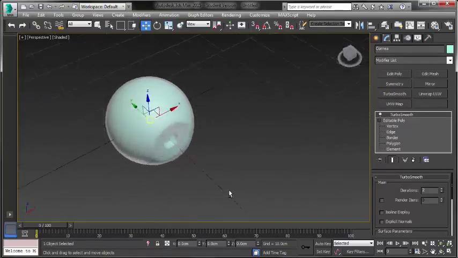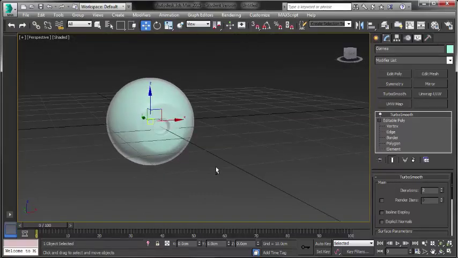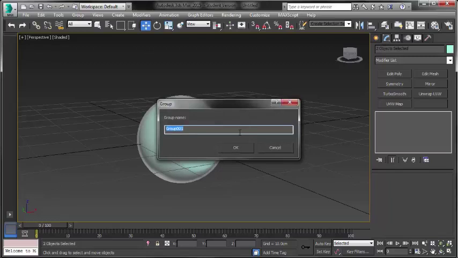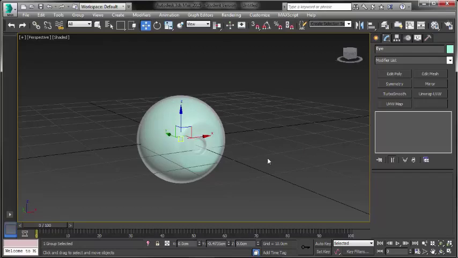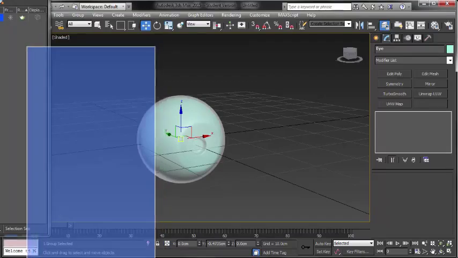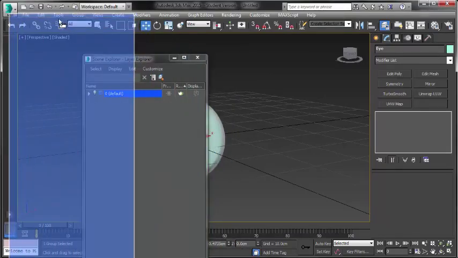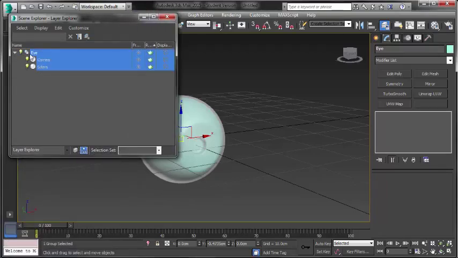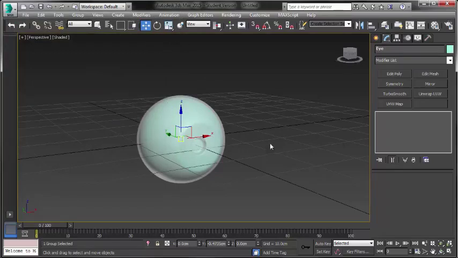So what we'll do in preparation of bringing it into the scene is, instead of combining them together, so attaching both of the meshes together, we'll group them. So we'll have to ungroup them once we bring them into our scene, but for now it'll just be easier to have them as the one group. So just select both and go into group and hit group, name it eye. And if we bring up our layers palette, we can switch to hierarchy mode just by pressing this button here, and you can see that the eye is the top of the top group, and you've got the cornea and the sclera underneath the group, so the pupil